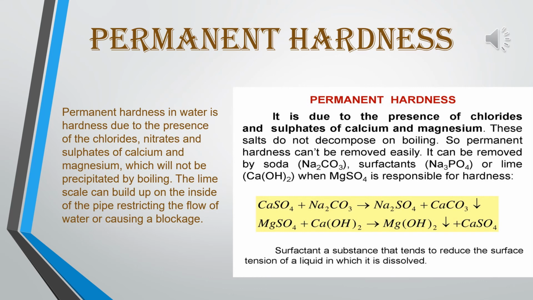So permanent hardness, or the hardness of water which cannot be removed by easy operations like boiling, is called permanent hardness. The presence of soluble chlorides, sulfates and nitrates of calcium, magnesium, iron, zinc, etc. are responsible for permanent hardness. Remember that dissolved sodium and potassium salts, for example sodium chloride, potassium sulfate, etc., do not make water hard. This is because sodium and potassium salts do not interfere with lather formation with soaps.